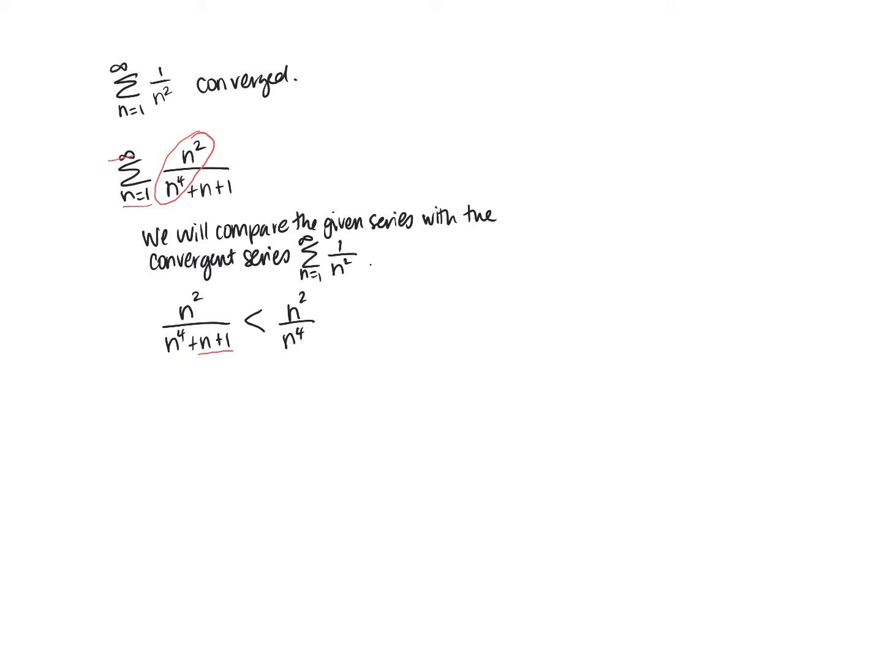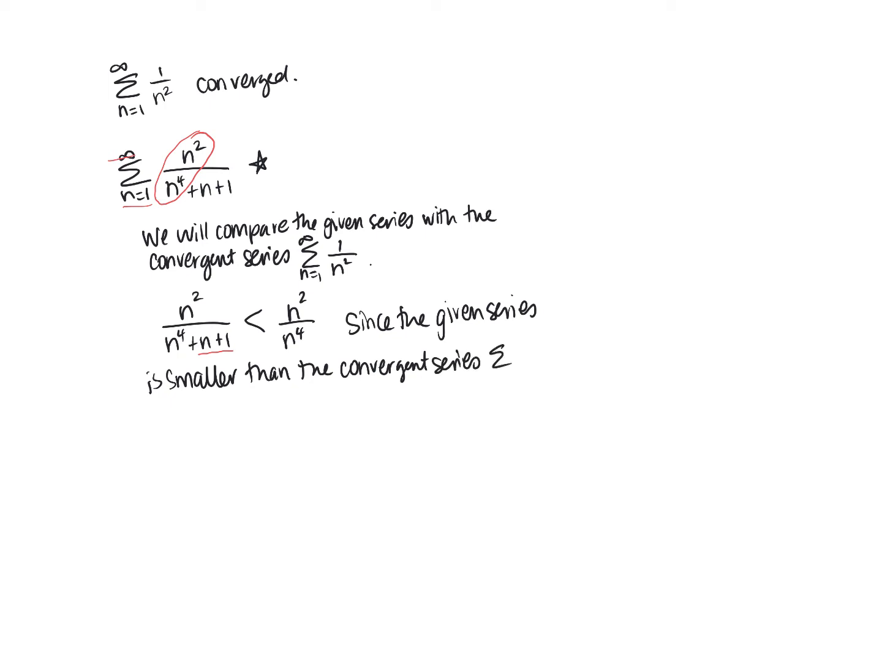So what we have here is that I have a series. The series that I'm given here is going to be smaller than, each term is going to be smaller than the series n squared over n to the fourth. So since the given series is smaller than, what I've shown is that every term is smaller than the convergent series, then the series, the given series